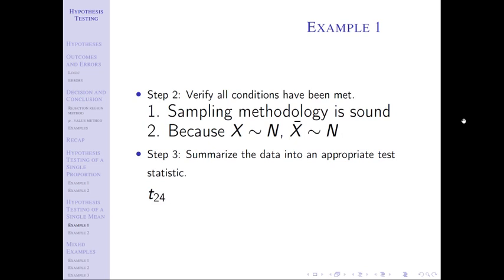Which T are we talking about? We don't subscript a Z because there's only one Z. The Z distribution is a normal distribution with a mean of 0 and a standard deviation of 1. There's only one of them, but there's lots of T's. So which one am I talking about? I'm talking about the one with 24 degrees of freedom, because my degrees of freedom in this problem are going to be equal to n minus 1, and then it's just plug and chug.